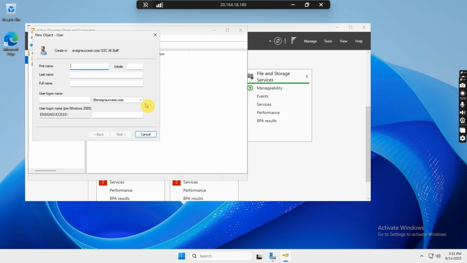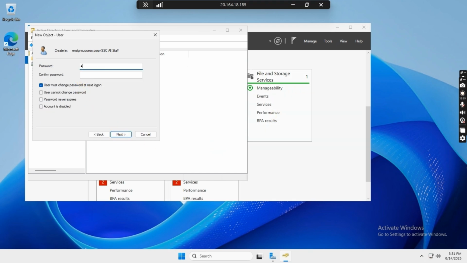So the next person was Kelvin.1. So the logon name Kelvin.1, and I'll input a password for Kelvin.1, which I'm doing currently, and then